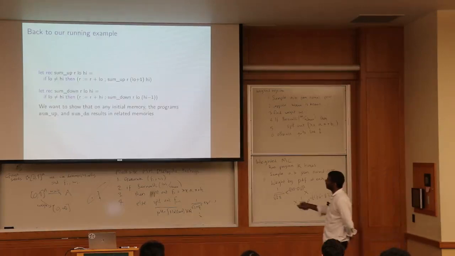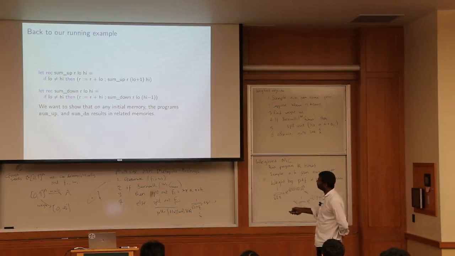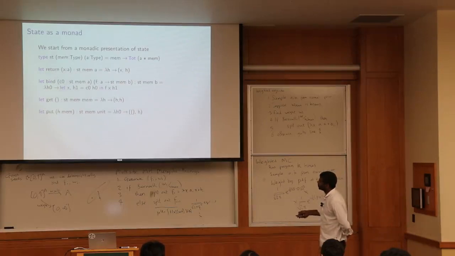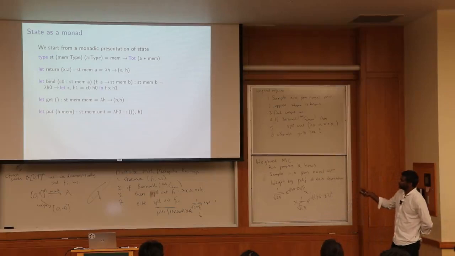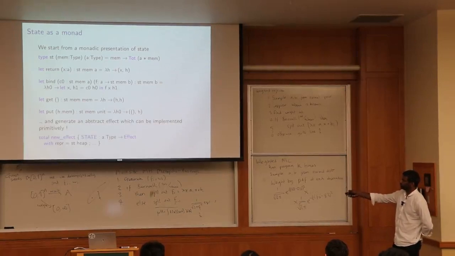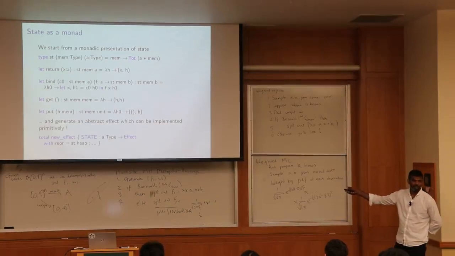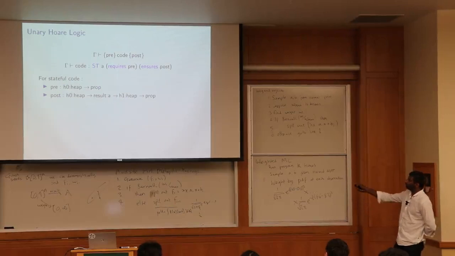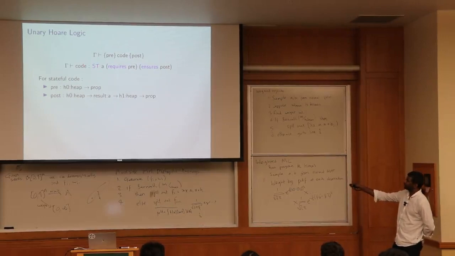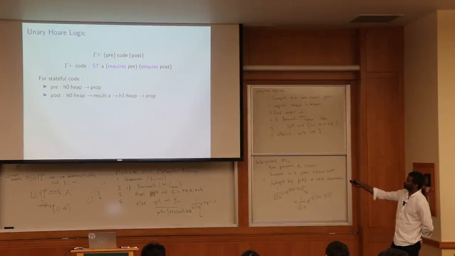So back to our running example, we want to prove this relation. So we start by defining the state effect as a monad. That's the state monad I showed you in my first lecture. So it's a state monad with a get and a put. And then we're going to generate an abstract effect for it. That's our state effect. And we have our unary Hoare logic that lets you take a piece of code and type it at this computation type to say that this code has state effect returning A, but requires this precondition, and it shows